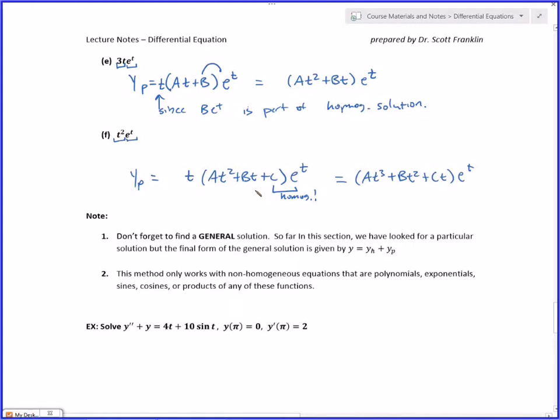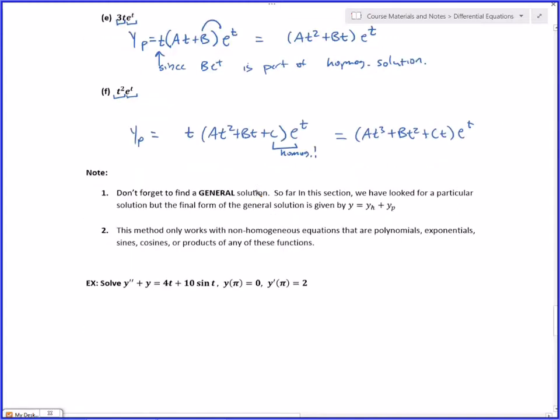So keep in mind that you could end up in your homogeneous solution with things like t e^t. That happens when you have repeated roots. So if you have a repeated root in your homogeneous solution, you may need a t^2 instead of just a t multiplied in. All right, I do not have enough time to solve this